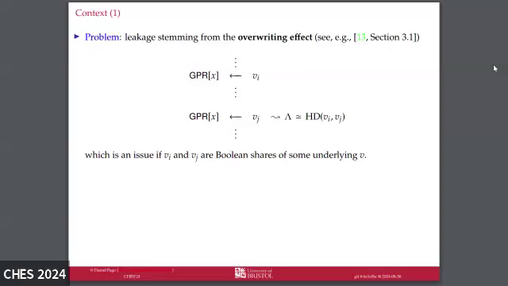This is a session on masking. For sure, this is a big problem for masking, because as soon as these values are shares, then of course you start leaking information about the underlying value that's being masked. But actually, I think it's probably fair to say that this is a bit more general. This doesn't just apply to masked implementations. It can bite you in other ways as well.